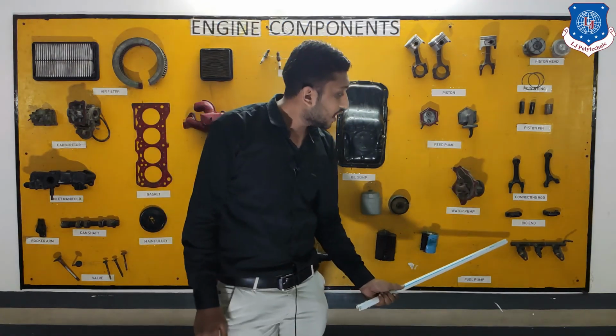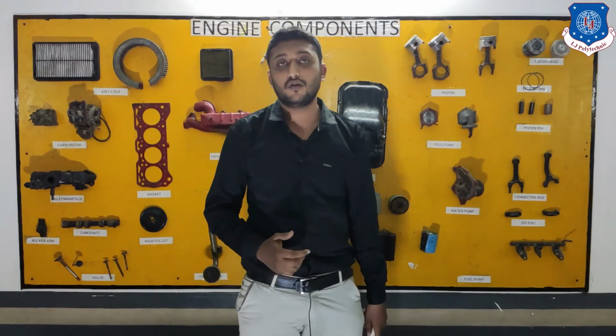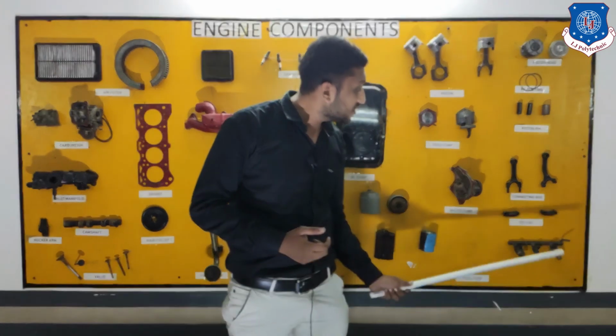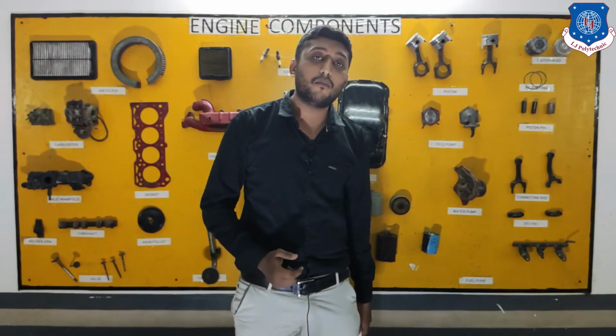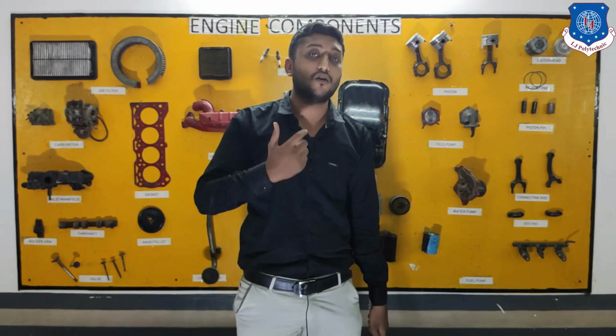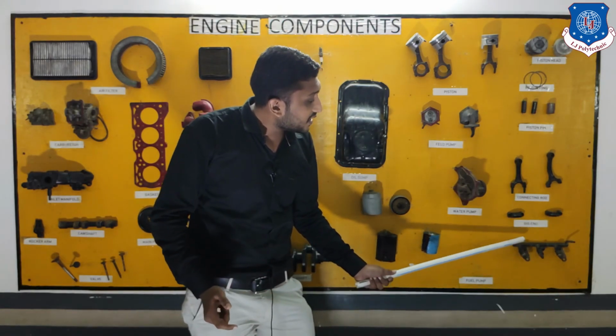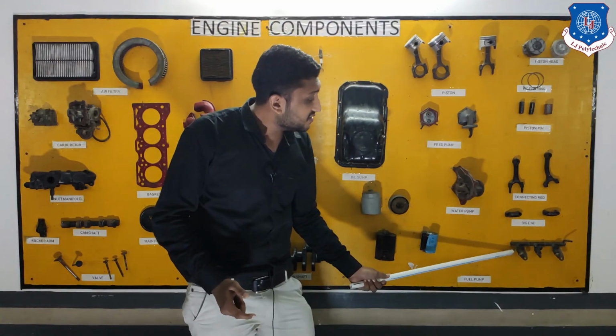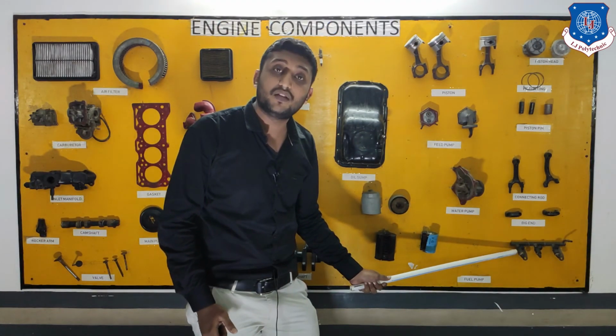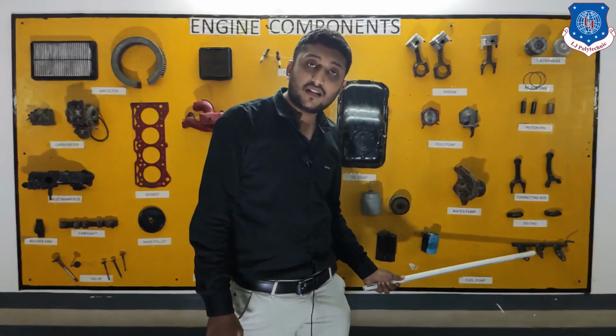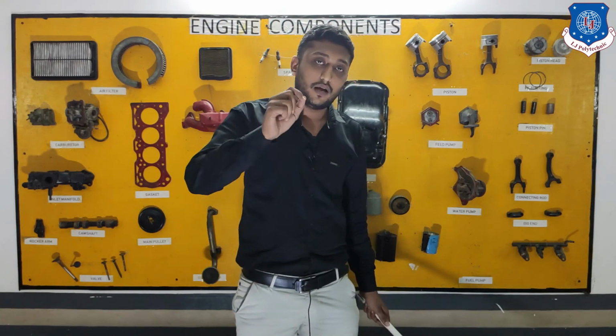Here you can see a common rail and injector. Nowadays in MPFI engines or in CRDI engines, a common rail is provided. What is the function of this common rail? The function of the common rail is to maintain the pressure of the fuel supply system, and second, the injectors are connected with this common rail. These injectors are given supply from the ECM. So as per the data of the sensors, the injector will get the signal and the injector will spray the fuel at a particular amount of time.